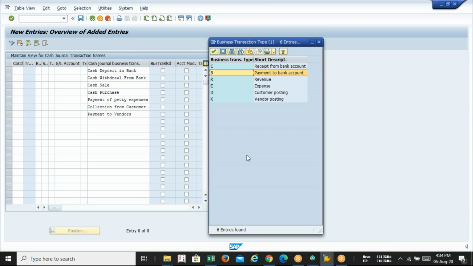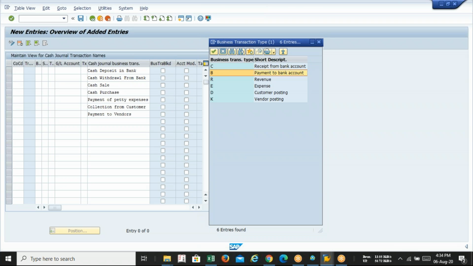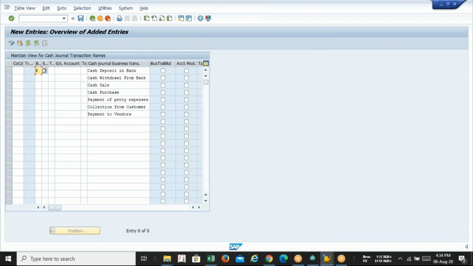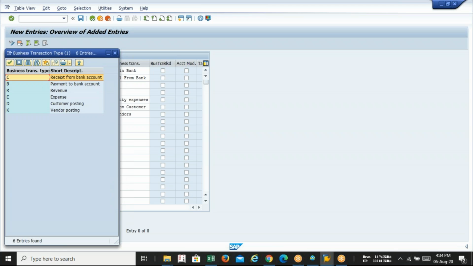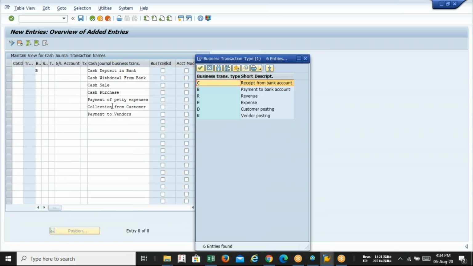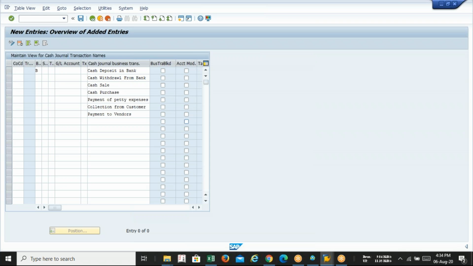Payment to bank account, so B. If you select that, B will come. Similarly, you have to select the shortcut for every business transaction. Next will be the receipt from bank account. C will be there.